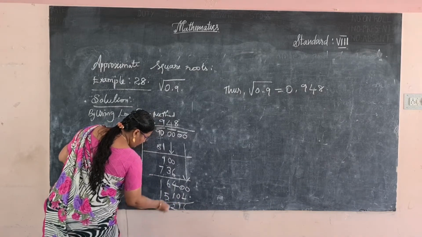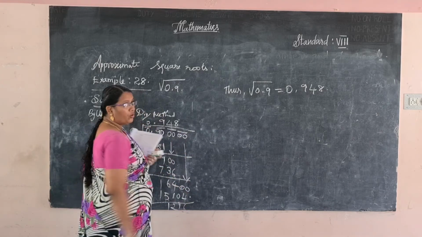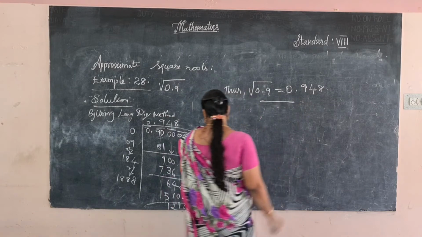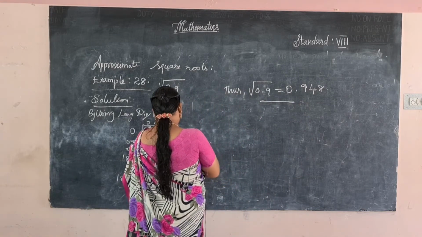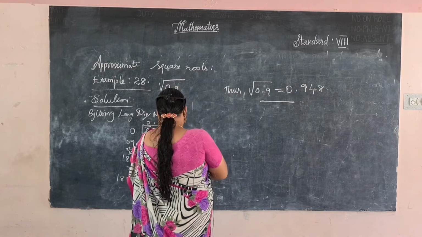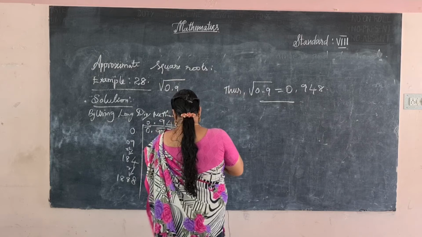3, 2, 1. So next, add the 0 and find out the fourth digit of the decimal part. We are asked for only 3 digits, so stop here. Okay, so up to 4 decimal points, but here they are asking for the 3 decimal points only, so stop there. Okay, and next one,